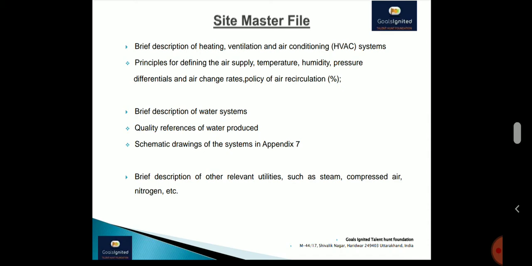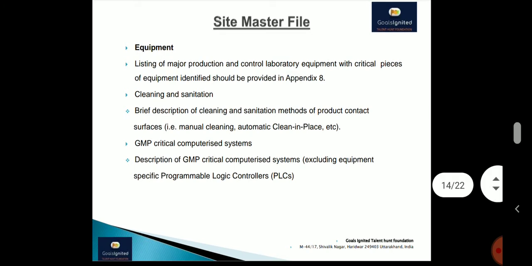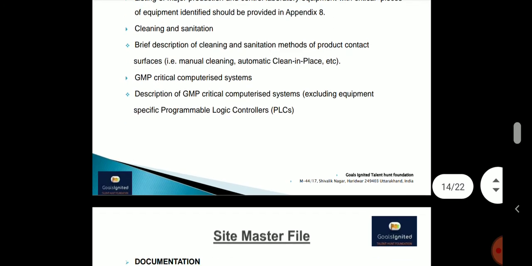In the same way, the next is the equipment. So the equipment list of the production, as we have given for QC, in the same way we are required to give the equipment list of the production, for the different GMP models, what is the capacity, what is the make, where it is installed, and what is the function. These things need to be mentioned in the site master file, equipment details.